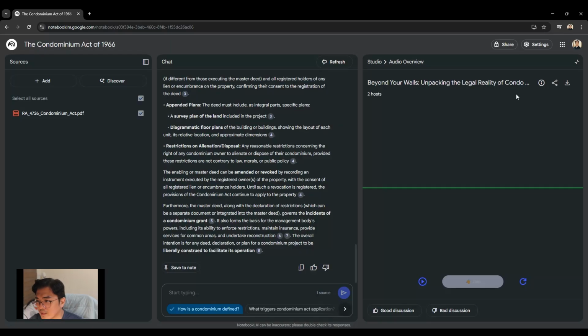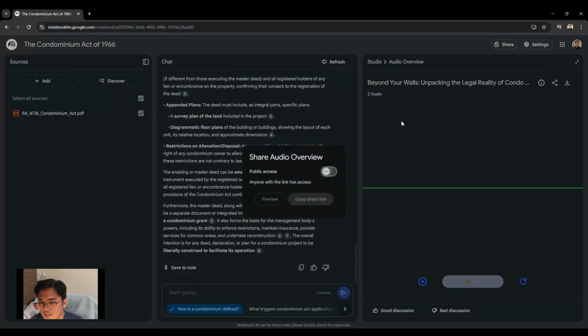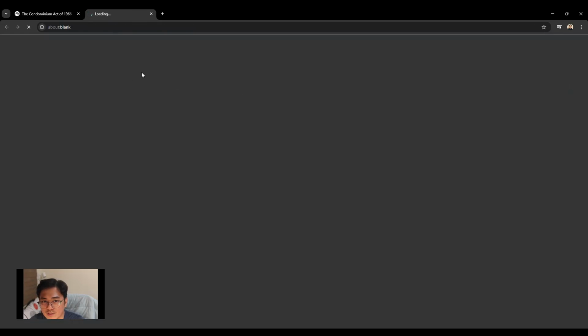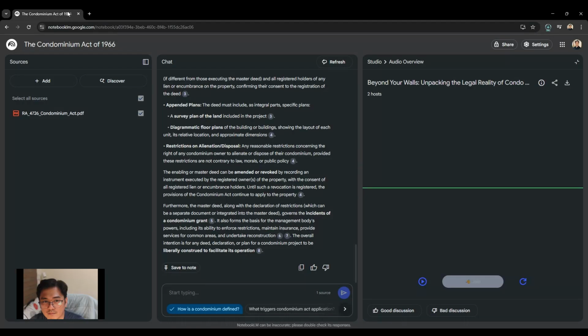And there's also this share audio overview. I haven't really tried that yet, and I don't want to make it public access, but anyway, I can also download the audio overview. It's going to download it here, and it's an M4A type of file, so I can play it anywhere